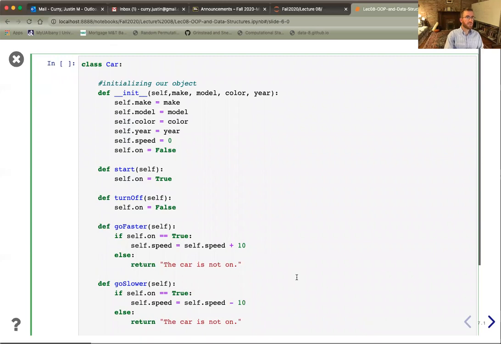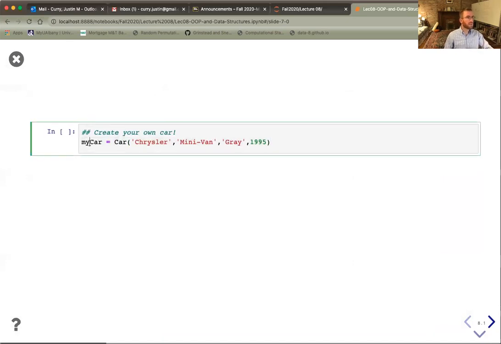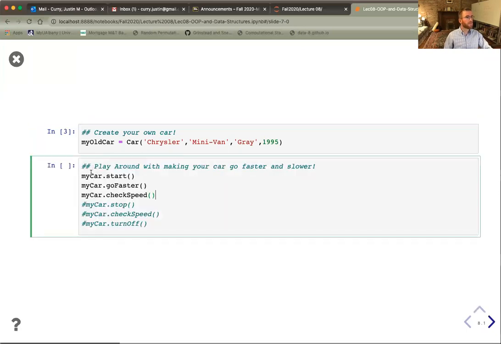Let's go ahead and bring this new definition of the car class into memory. Okay, so let's start with, let me call this my old car. Just make it different from cars, which I'll create later. My old car is going to be a Chrysler minivan from 1995. All right, not very exciting, but here I can go around and first start my old car, and then I